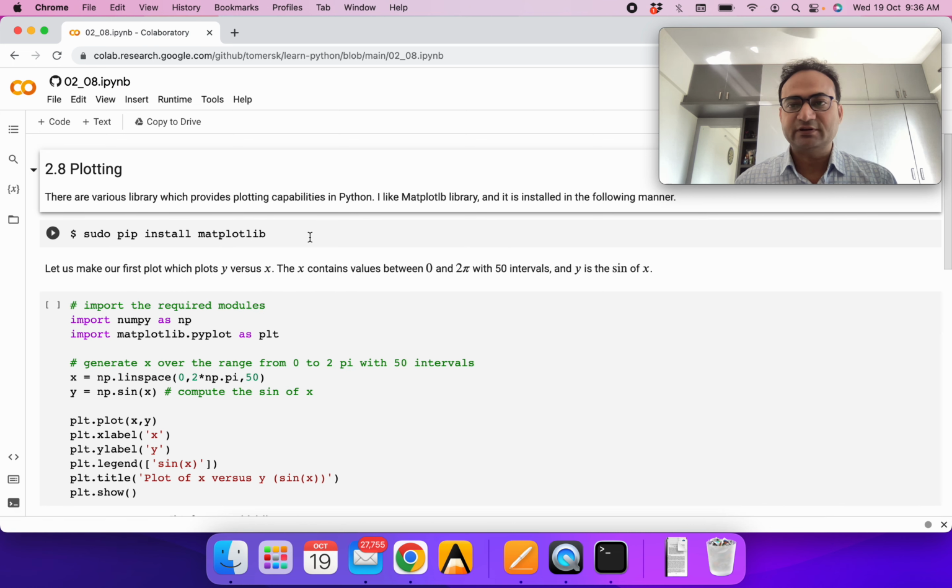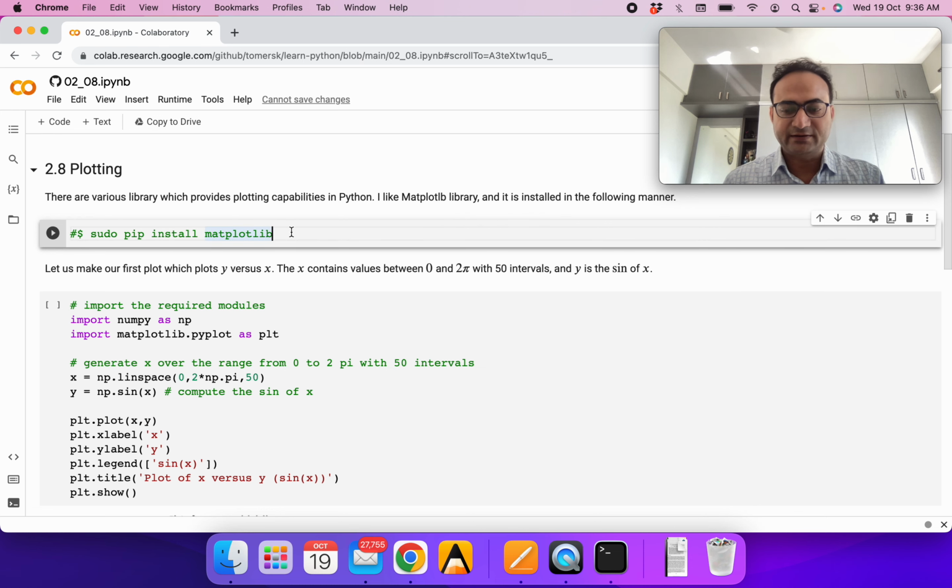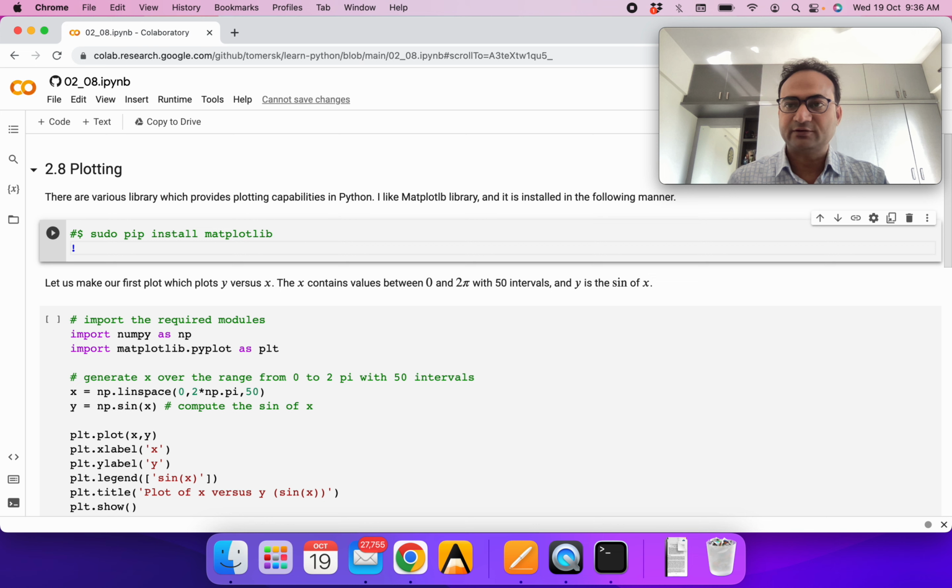So first we'll install matplotlib. We have already discussed how to install a library, so you can follow the approach from there. If you are in Colab, there are chances this library is already there. If by chance it is not there, you can simply write an exclamation mark to say we are in a cell, pip install matplotlib, and let's run it.